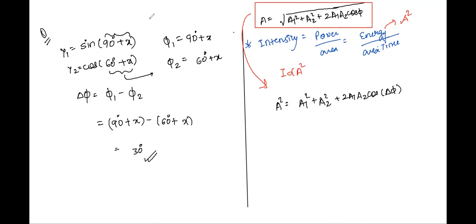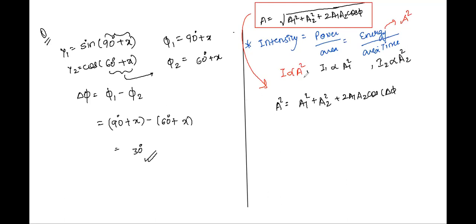Now Atul, can you tell me how I can write this in terms of intensity? Same funda we used last time in thermodynamics. Whenever two quantities are proportional, we can replace one quantity by the other. If on both sides you have the same constant, it will get cancelled. I1 is proportional to A1 square, and similarly I2, the intensity of the second wave, is proportional to the square of its amplitude.